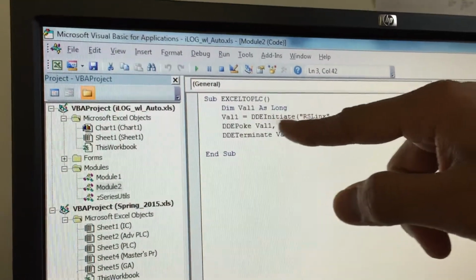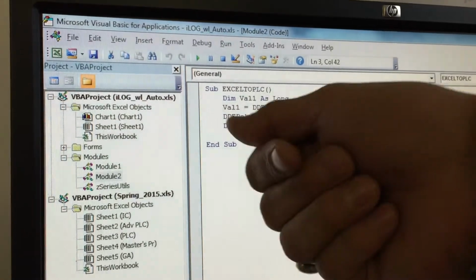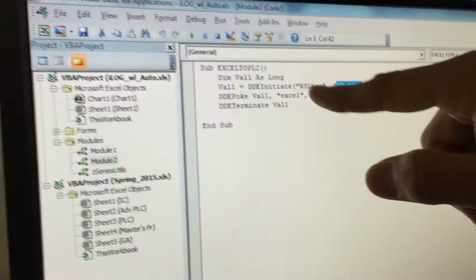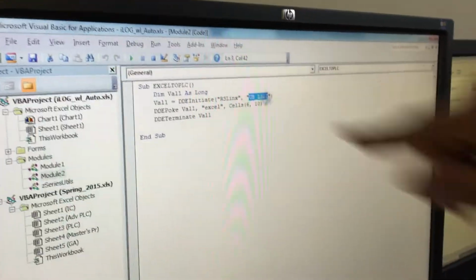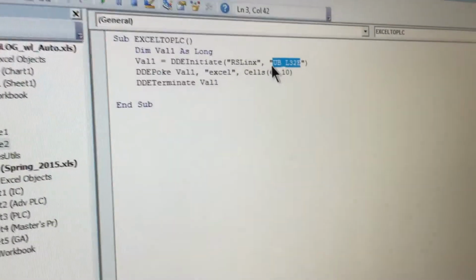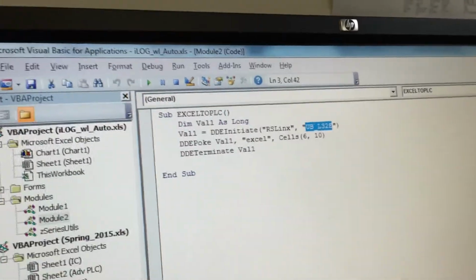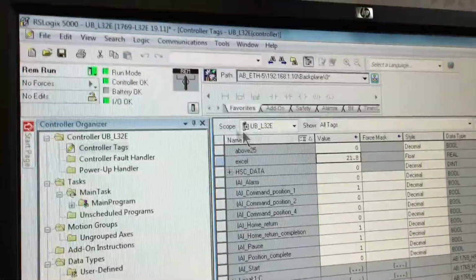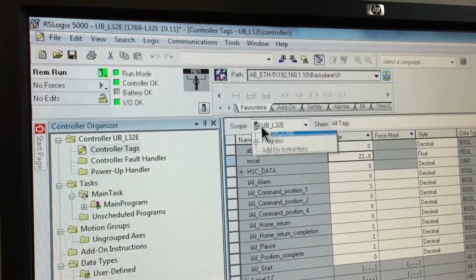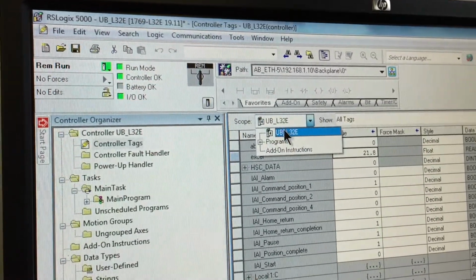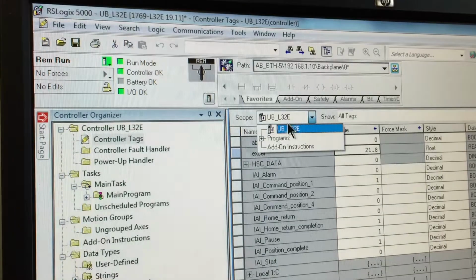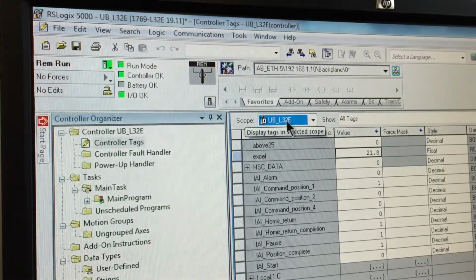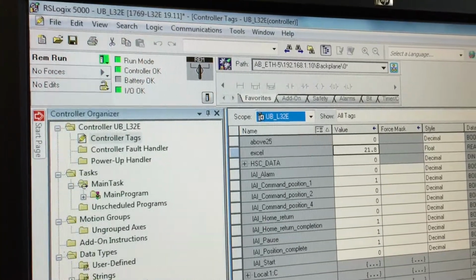First, DDE initiate will initiate the channel, that is channel 1, between RSLinx and UB L32E. Now what is UB L32E? UB L32E is the scope, the PLC. We have two scopes here, UB L32E and program, but we are using this UB L32E.